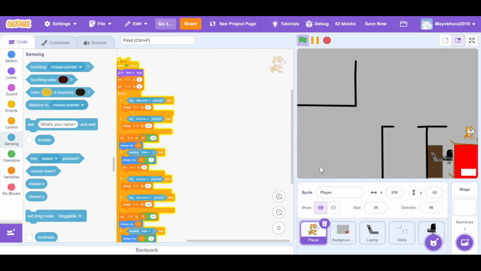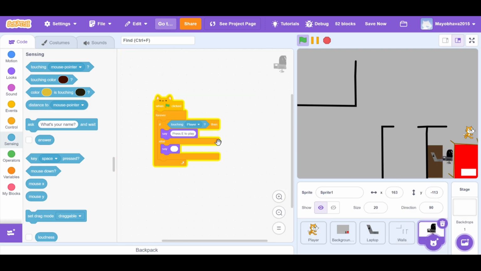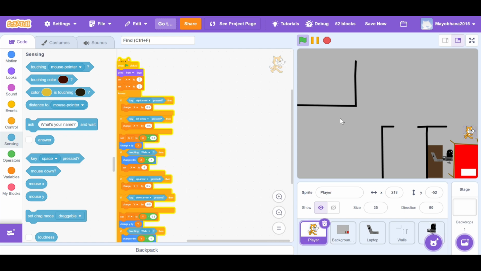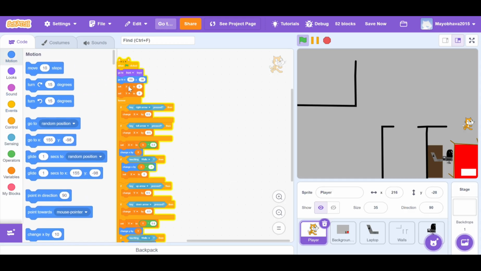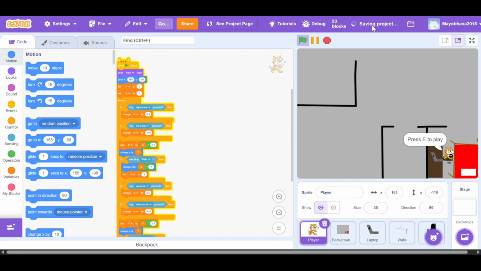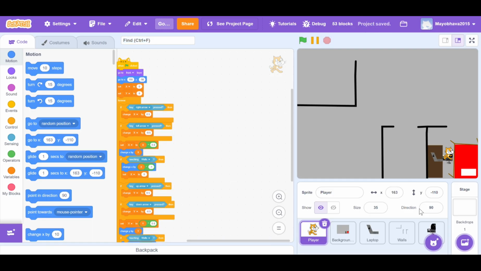Now what you can do is press C to play, say blank. So now if you actually touch it, it says press C to play, and if you go, nothing, because he said say blank, and I was actually trying to put the location here. Now we can get the actual location. Okay, so we want it actually to play, but what if you can't actually play? Then it's not a game. So what you have to do is instead make